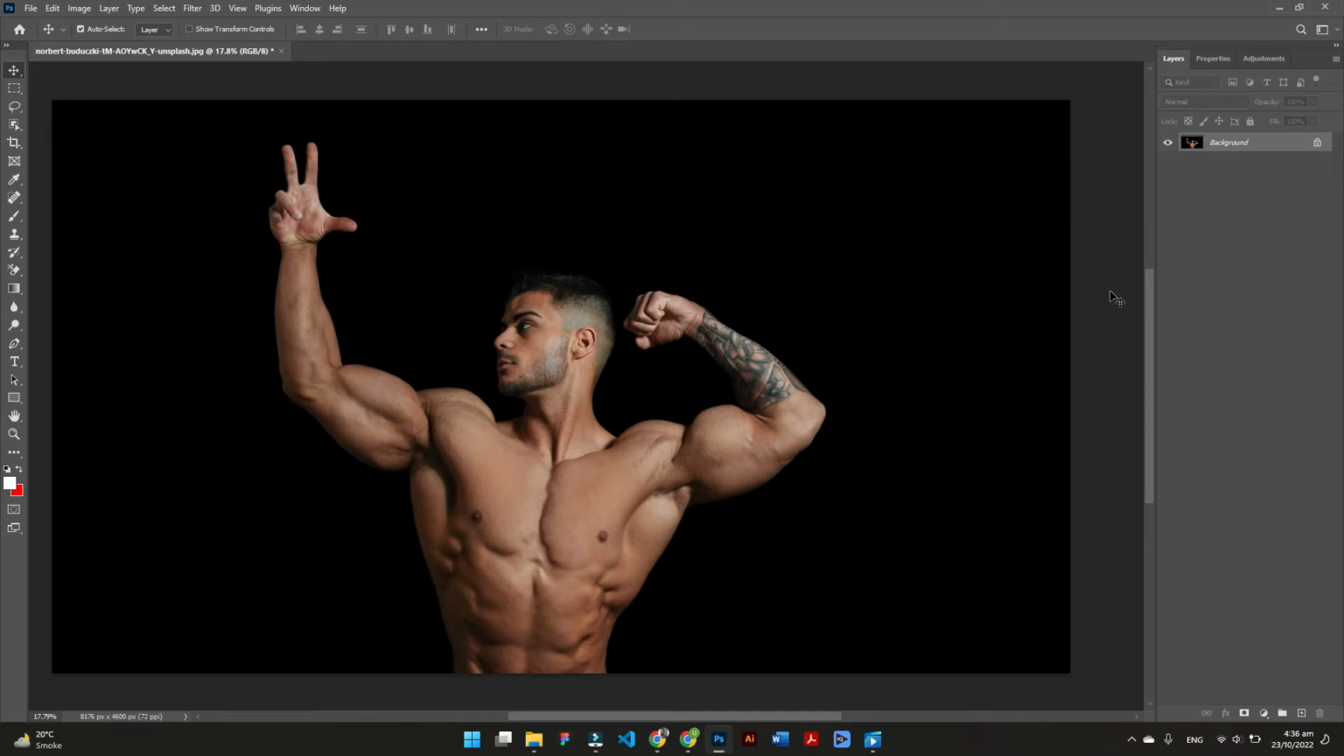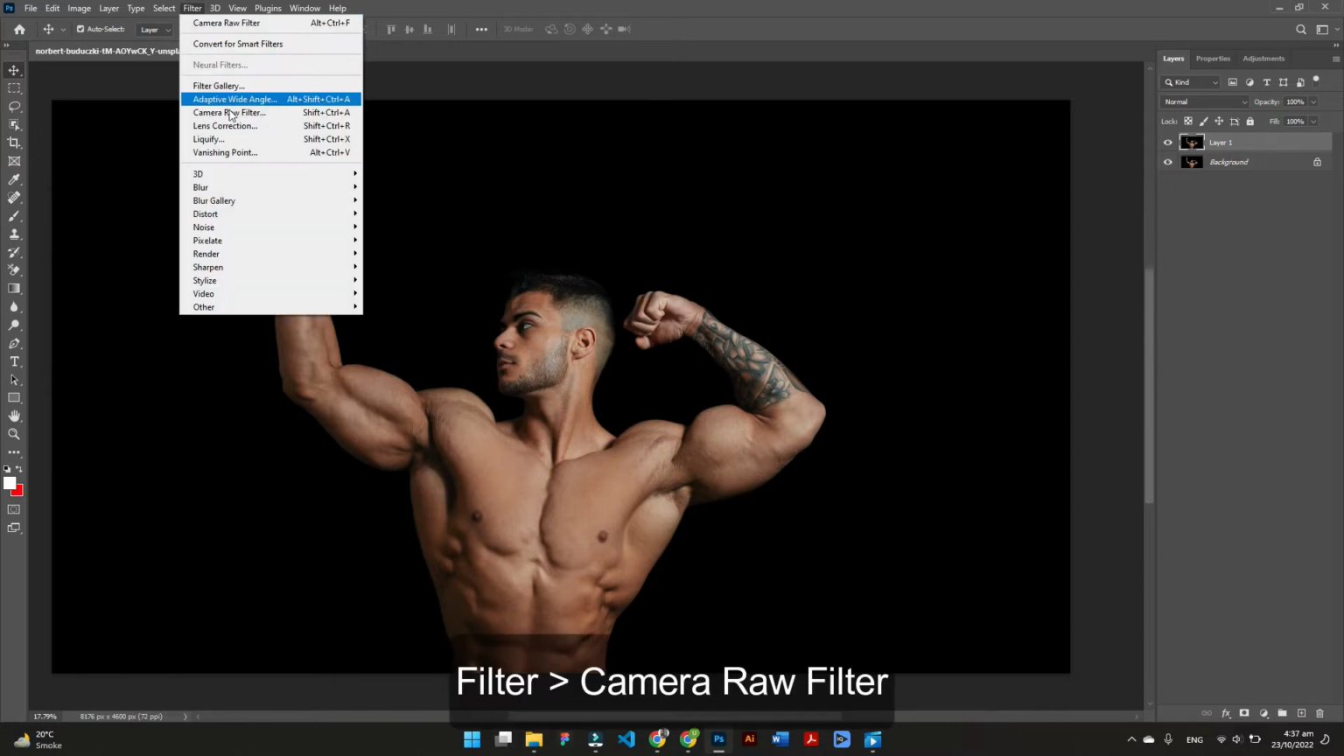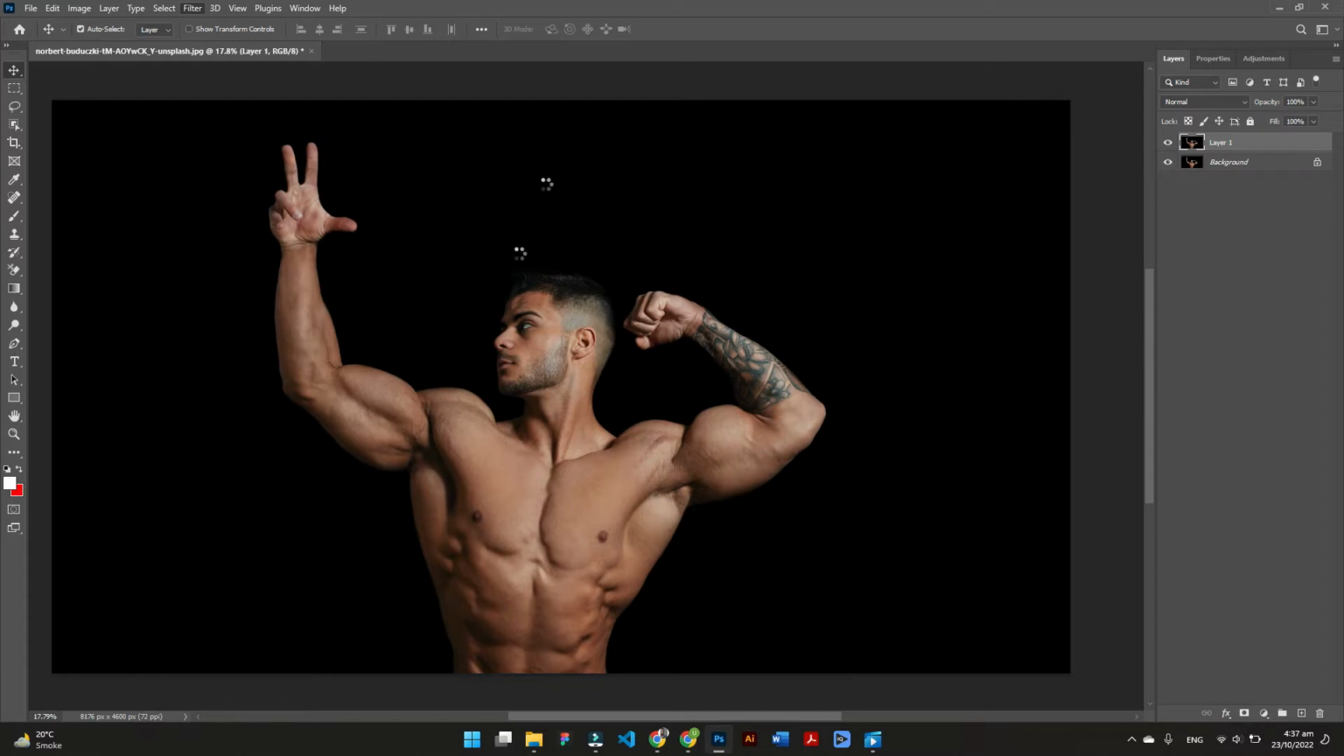So in this video we're gonna see how you can change the skin color to golden. So I am pressing Ctrl plus J at the same time to take a new layer. So what we have to do, we just have to go to Filter, then click on Camera Raw Filter. A new window will pop up,